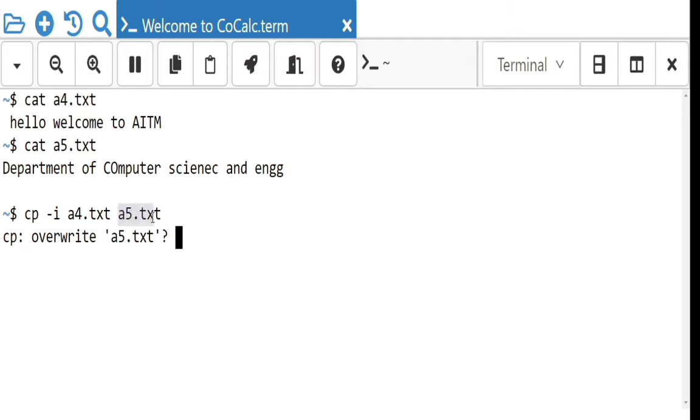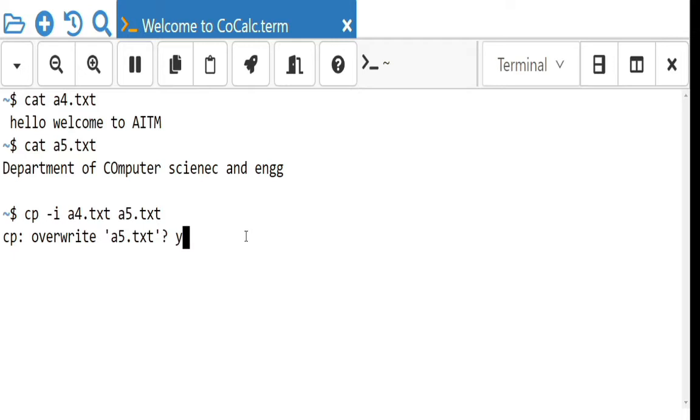Because a5.txt already has the contents Department of Computer Science and Engineering, whereas a4 has the contents hello, welcome to the AITM. If you give the value yes, then the overwrite operation will be performed. If you give no, the overwrite operation will not be carried out.